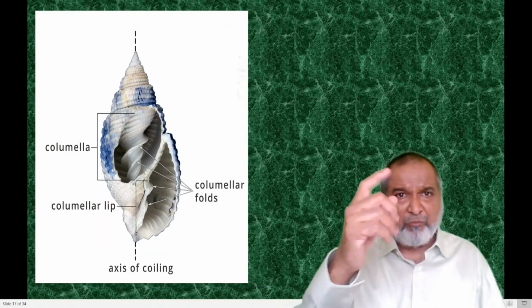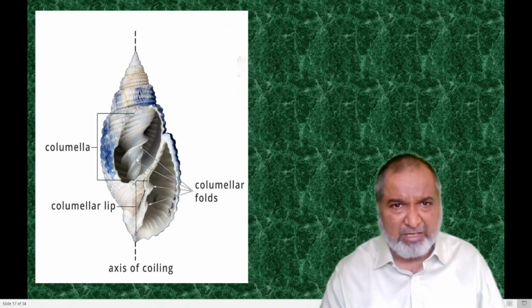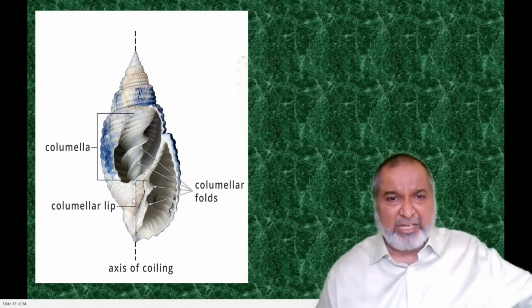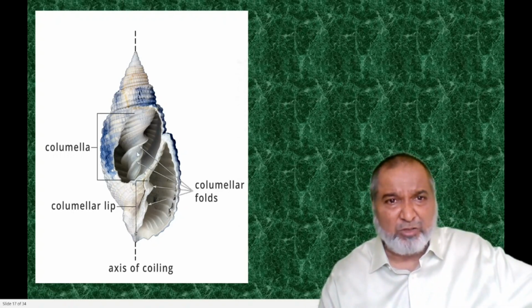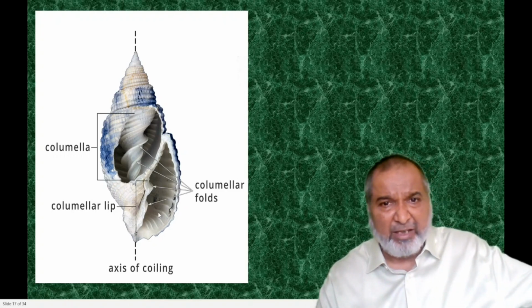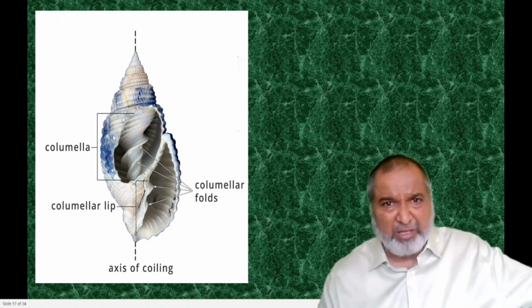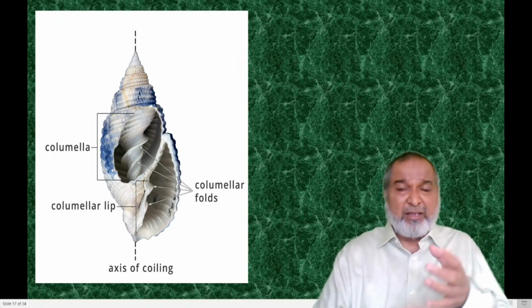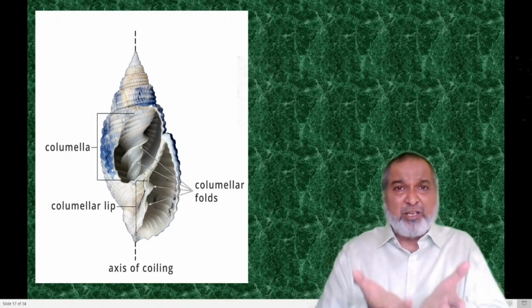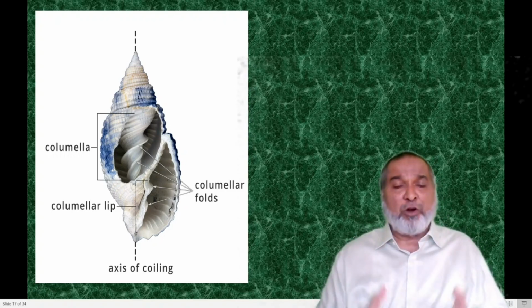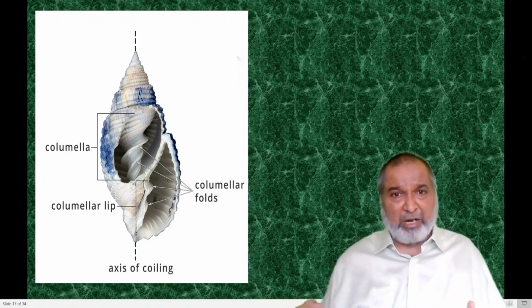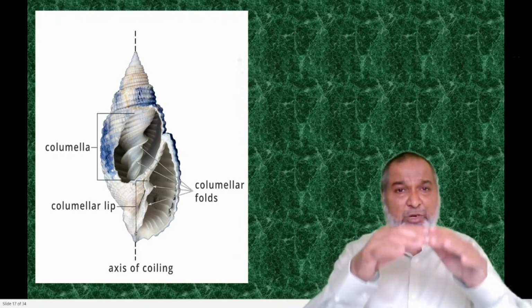Now wherever the coiling is, in the center part, if you make a cutting, here we have the columella. This is the one along the column, where the coiling has taken place, and that is called the axis of coiling. Columella, and these are various chambers, which will be filled with air. Whenever the animal wants to float, it sucks air inside, so it floats on the water. If it wants to go down, it takes out the air and fills the water, and slowly it goes down.